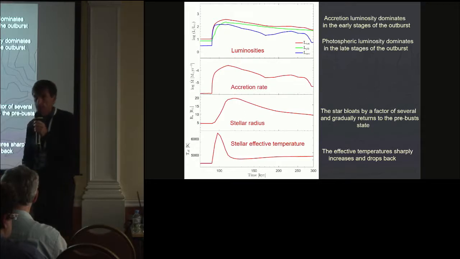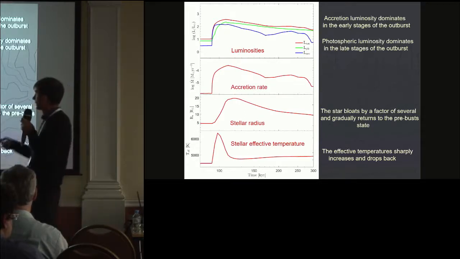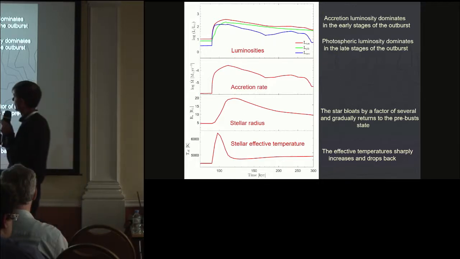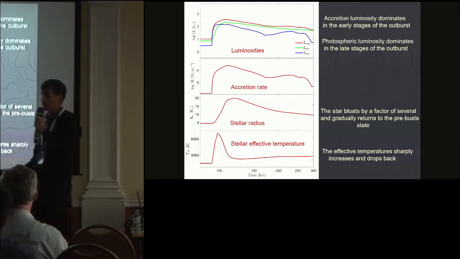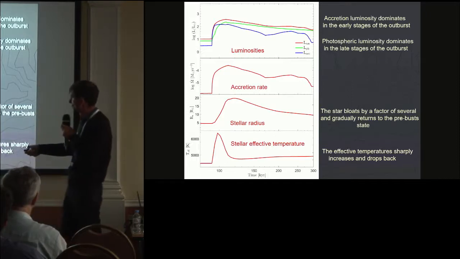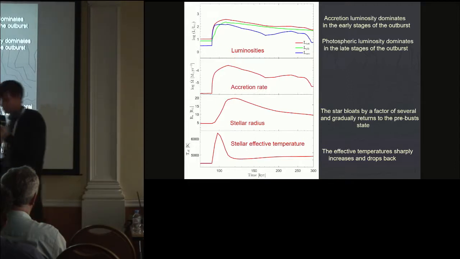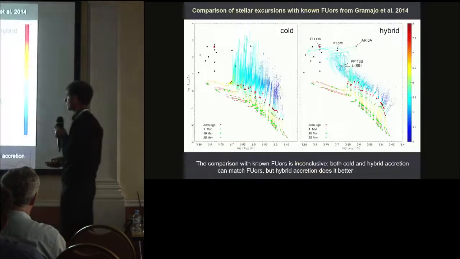One thing you can notice is that accretion luminosity dominates in the early stages of the burst, but photospheric luminosity dominates in the later stages. This is because the star really bloats. It heats up first, but then cools, but it bloats, and the photospheric luminosity becomes quite